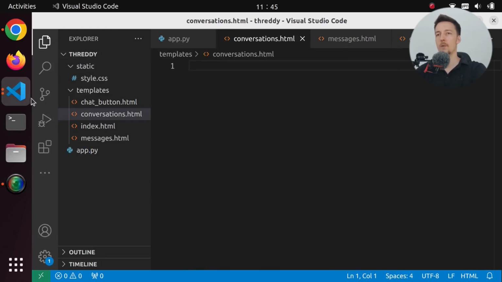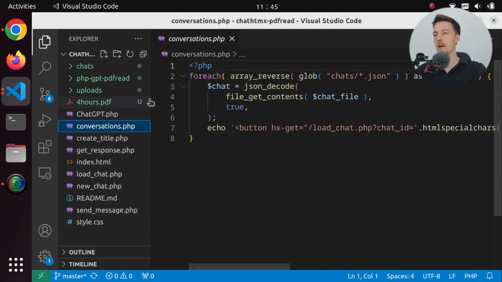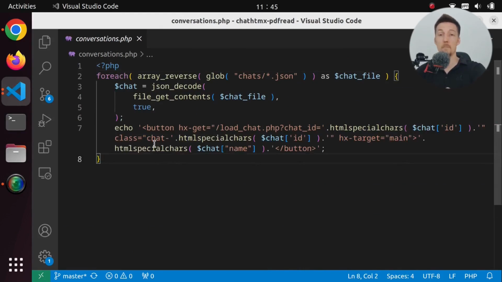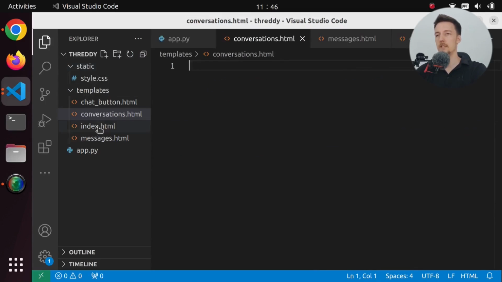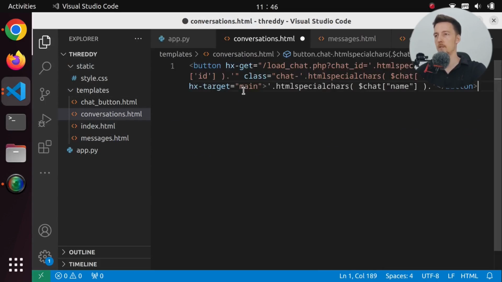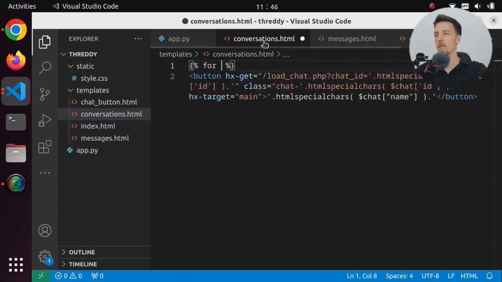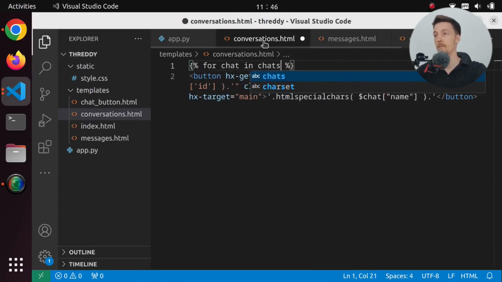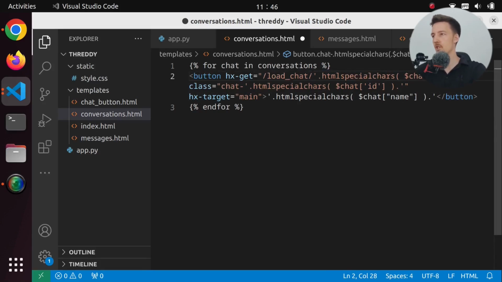So conversations.html. And what do we have here? Let's check again from our PHP version. We are just rendering some buttons. So let's copy this thing and put it in our conversations. And again, we have to do a for loop here. So we have to say for chat in chats. Maybe that makes sense. I call it conversations. And we have to do the ending, end for, and load chat, and we are going to do slash,